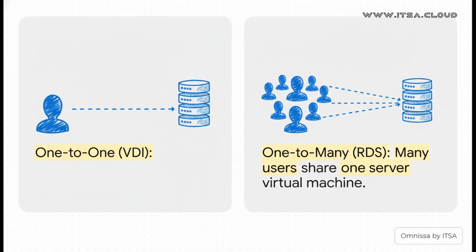This slide right here really nails the key difference when you compare it to traditional VDI. See, VDI is one-to-one, one user, one dedicated virtual machine. Simple. But RDS Pools, they are one-to-many. You can stack a whole bunch of users onto a single, shared server. That is a fundamental concept that makes them so incredibly efficient.